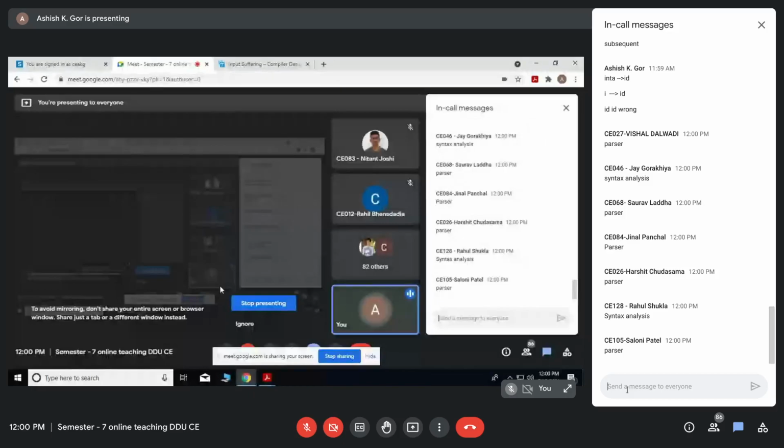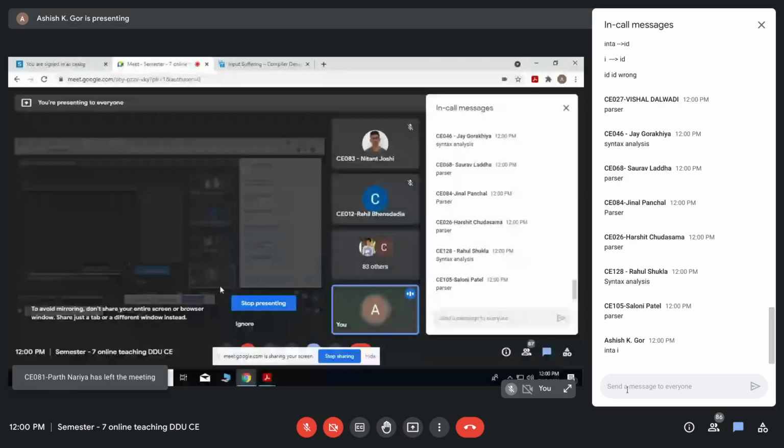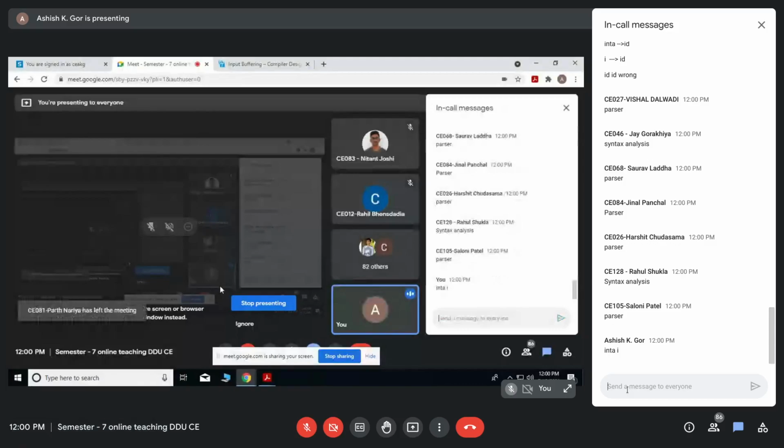So which type of errors can the lexical analyzer solve? We have already seen that this type of error is not in the scope of lexical analysis. It cannot be detected. It will pass the tokens and the subsequent phase will find the error. Although it is wrong, Lex will not be able to find these errors.